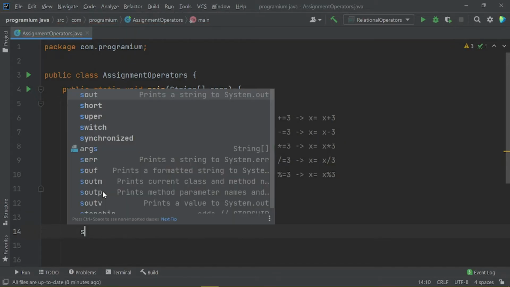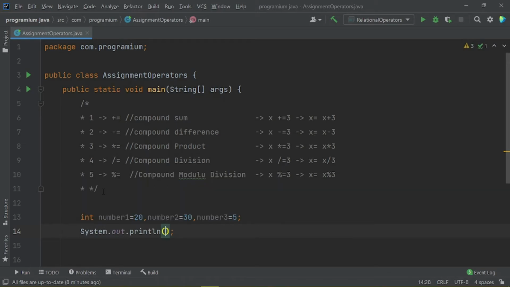So what we are going to do here, first we are using a print statement, and here number1 compound plus is equals to, let us write here number1. Let me put a bracket here to prevent ourselves from further bugs. So what is this number1? Number1 plus is equals to, I am saying here 5.